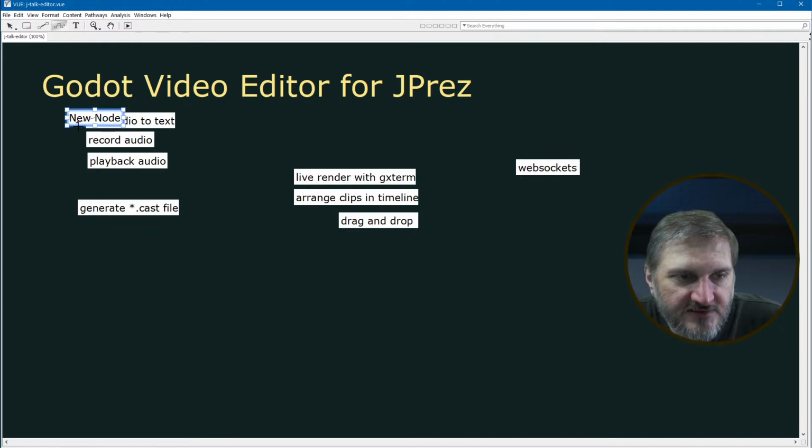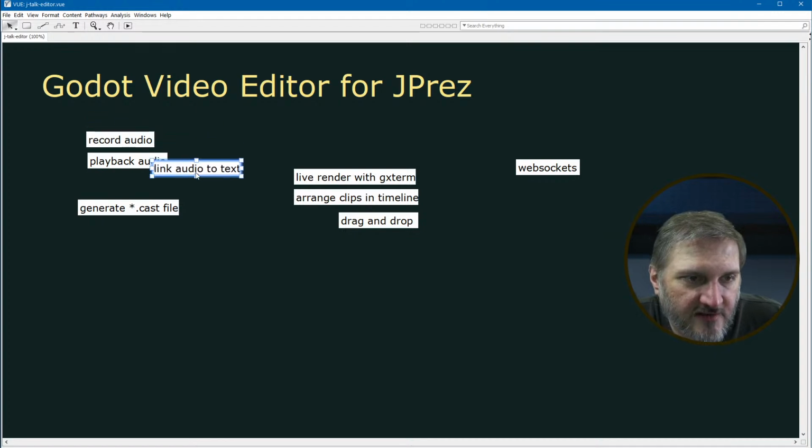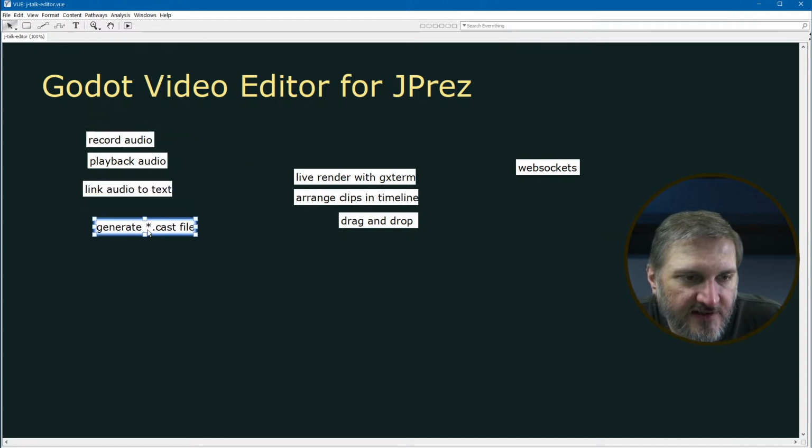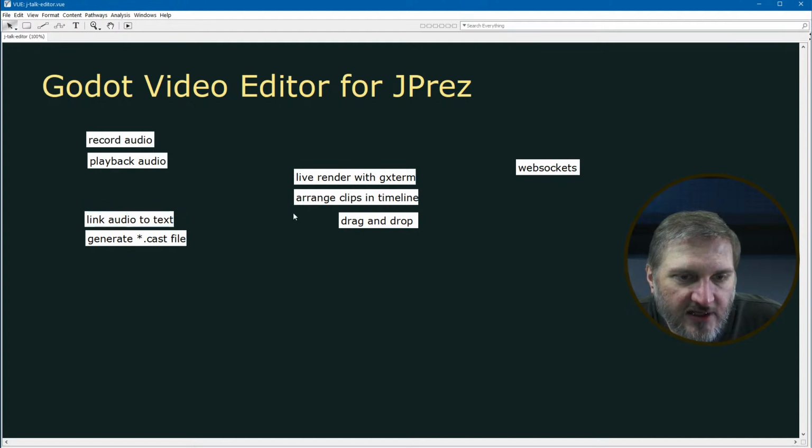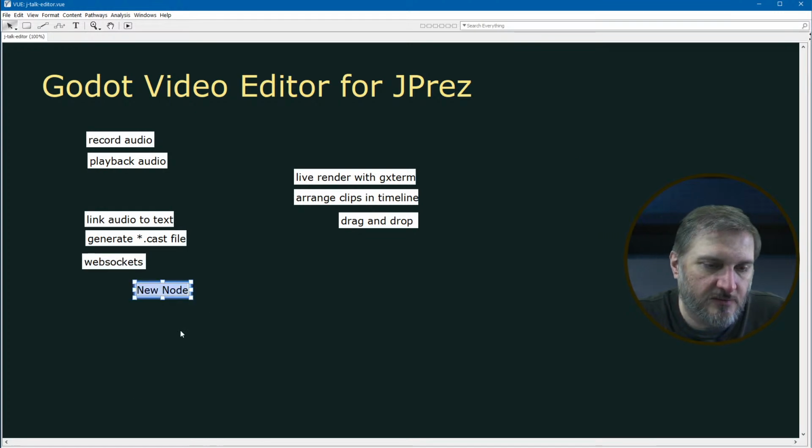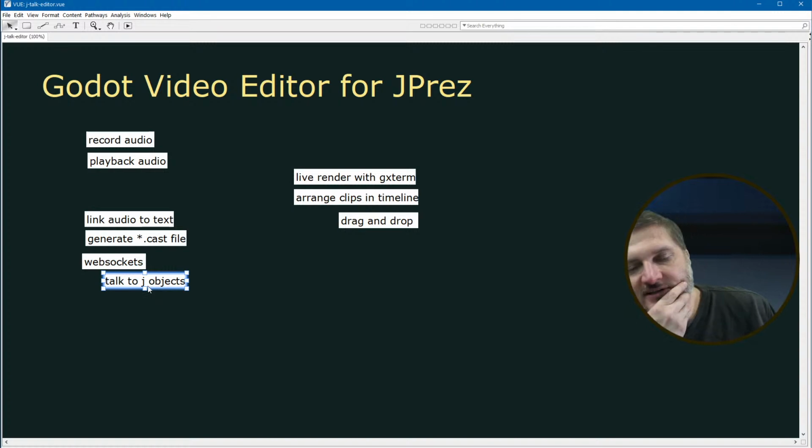So these are things I need to make happen. I've just demonstrated that I can link to record audio and play back audio, so that's done. Being able to link the audio to the text, I guess I need to come up with a scheme for that, and that probably involves WebSockets to communicate. Basically, what I want to do is talk to objects. So this is something I should think through,